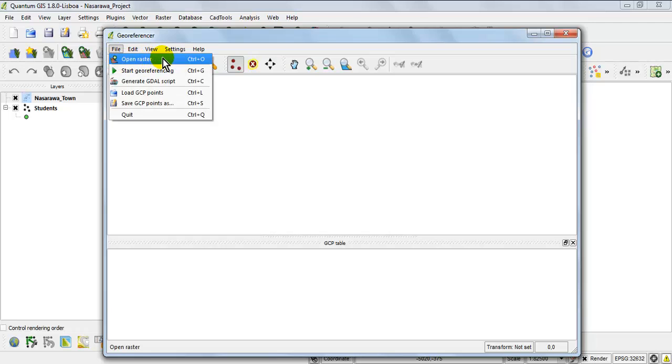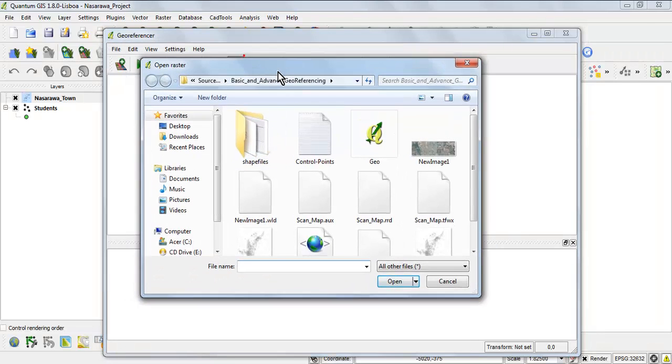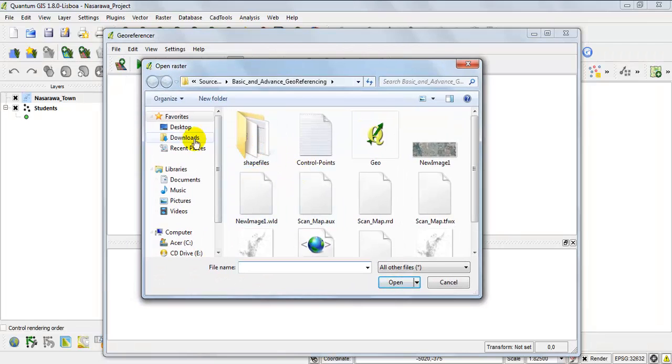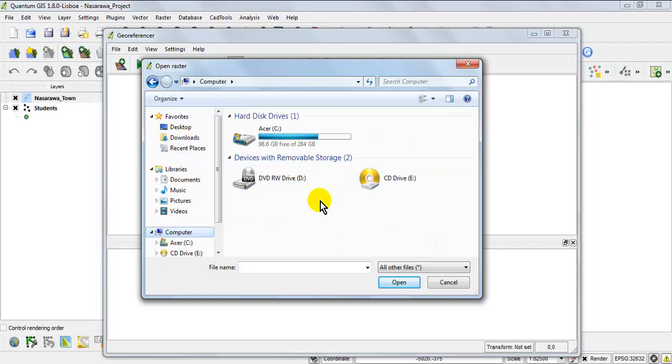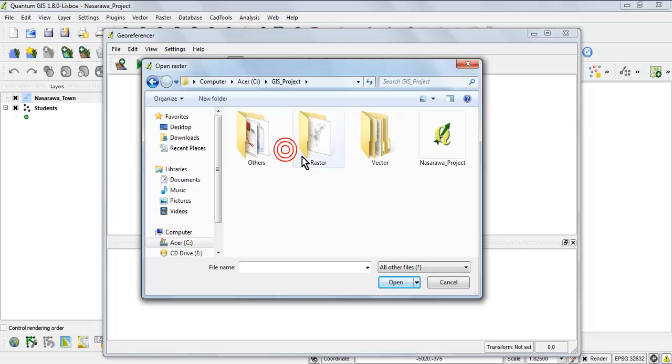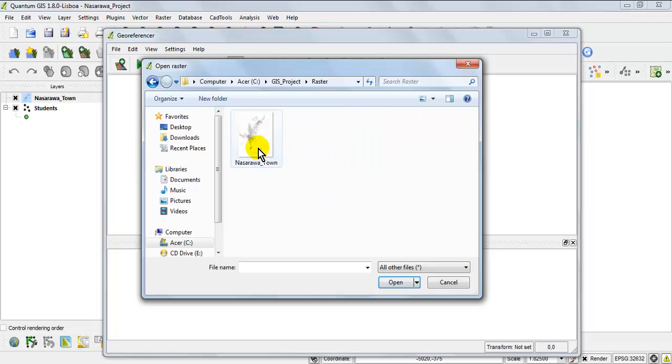So file, open raster. So from the open raster dialog box, you will now navigate to wherever you have saved your image. Our raster image is on our C drive, inside the GIS project folder, and then inside the rasters folder. So open the rasters folder and then select our raster image.